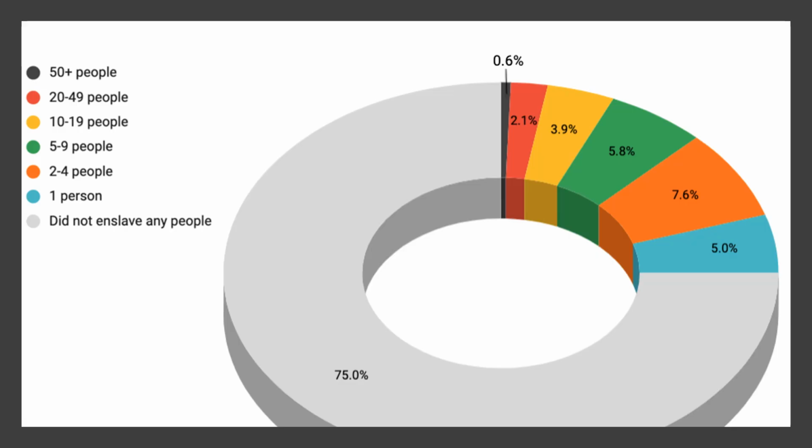So you can see in this graph, if we look at the three most prevalent numbers of slaves, it's those that owned 1, a group of 2 to 4, or 5 to 9. So add that all up. It's 6, 8, and 5% altogether. That gives you an idea about the fact that slavery was a minority of the Southern population, and those that owned a lot of slaves were a minority within that group. Now, it doesn't mean that extreme concentrations of slave ownership did not exist, because it did.